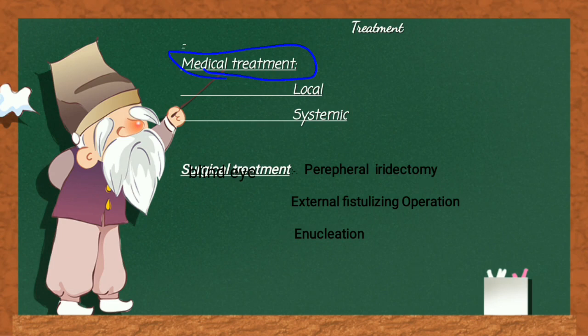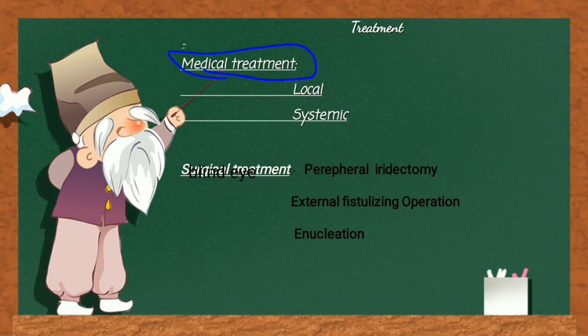For the treatment, we use local drugs and systemic drugs. The local drugs which we use include pilocarpine. Pilocarpine is a parasympathomimetic muscarinic agonist that causes miosis. And we also use carbonic anhydrase inhibitor, dorzolamide, and beta blocker, all of them used as eye drops, with local effect. But we also use systemic drugs like carbonic anhydrase inhibitor, acetazolamide, one tablet every 6 hours to decrease the